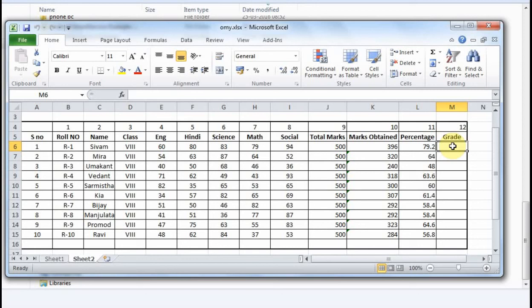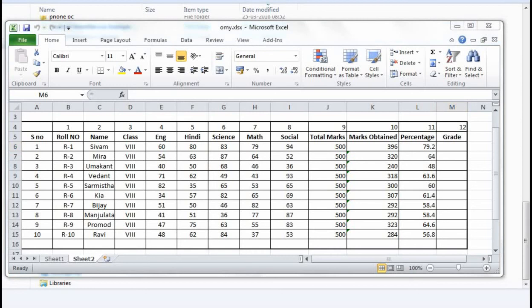I took the grading, but guys, you have to do whatever your requirement will be. If your requirements are A plus or this, it depends on your marks only. So you have to write the formula as per that. For example, for more than 70 I'm giving A, more than 60 I'm giving B, more than 50 I'm giving C, more than 40 I'm giving D, and less than 40 I'm giving fail. So that is my way of grading. For your way of grading, you can just change the formula as per that.